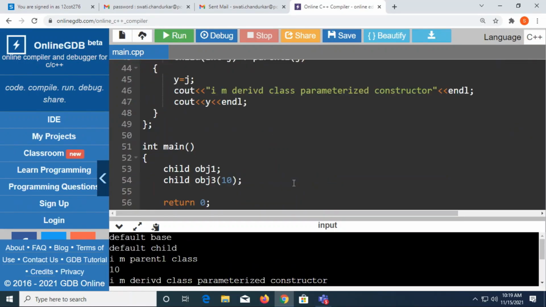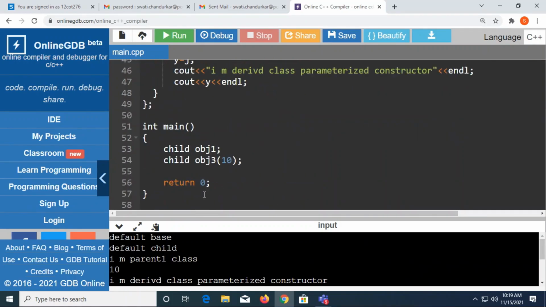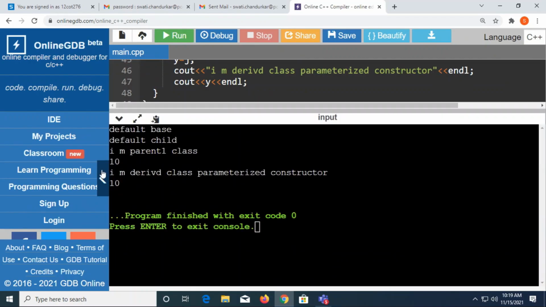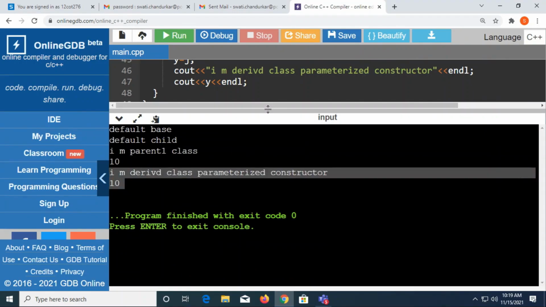So see, now I tried for both default and parameterized. When I called for default, both default base and default child were called with the help of this relationship. And when I called for parameterized, the control was passed to the parameterized constructor of my base class and the parameterized constructor of my derived class.